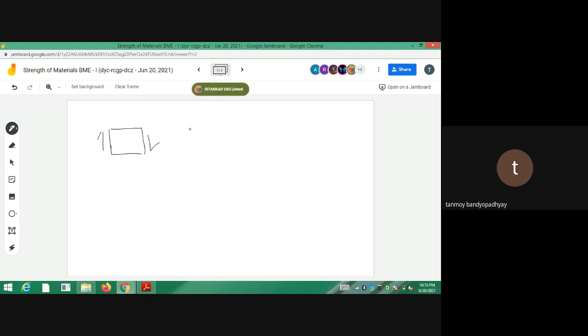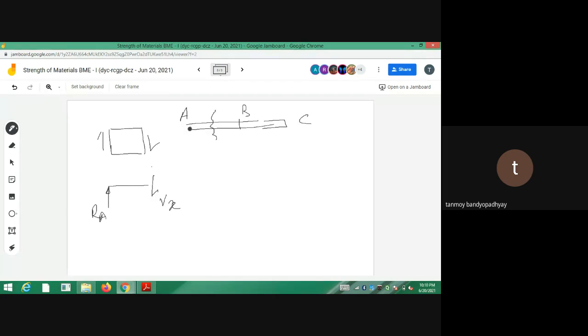So in my case, there is RA here. I have taken V to be acting in the downward direction. Whenever I am cutting it, I had a bar from A to C, and initially there was a point B. I can do this balance from the left side also, and I can do this balance from the right side also.